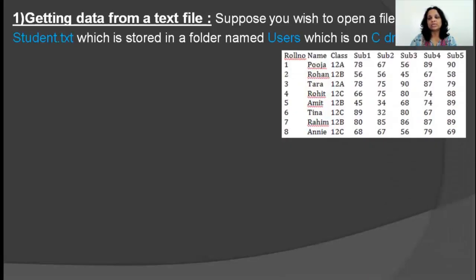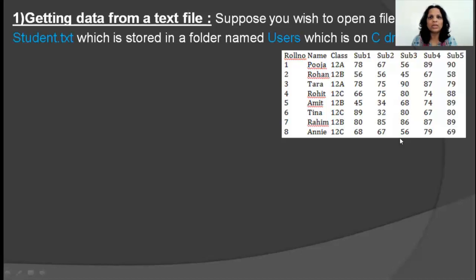And your file looks something like this. Now here I've created a text file. I've given just some headings and some data under it. And while I was creating this text file, I used tab spaces to separate each element. What do I mean by that? After writing the roll number 1, I used a tab space and then wrote Pooja, a tab space, then wrote 12A and so on. So I have created the text file by means of using a tab space. So the separator for this file was a tab space.